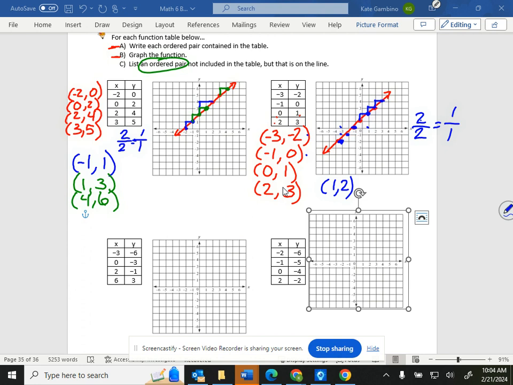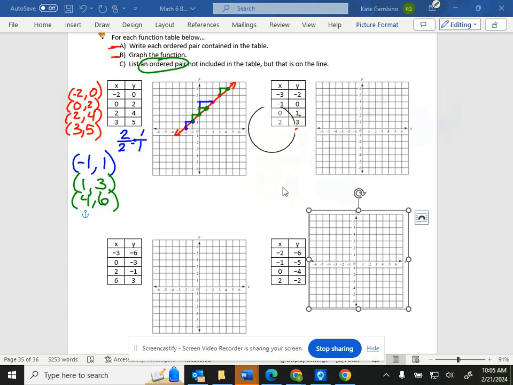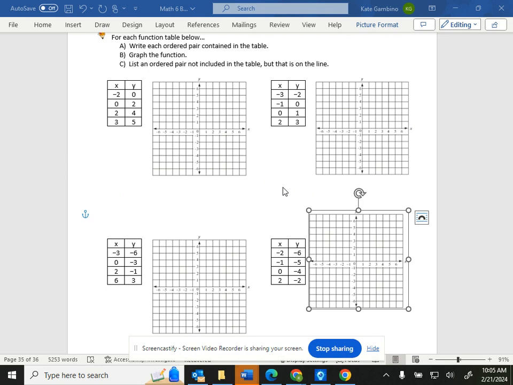So I know there's some of us that are still saying, yeah, I'm kind of with you, but kind of not. This is a 2-page homework, so we're going to do the next 2 together. So we really see that we are understanding this. The second page you're going to do on your own. This first page, we're going to do it together. So let's look at